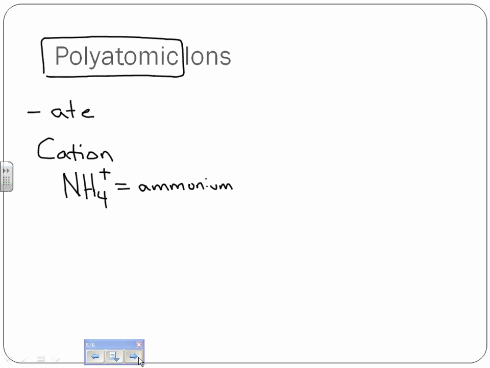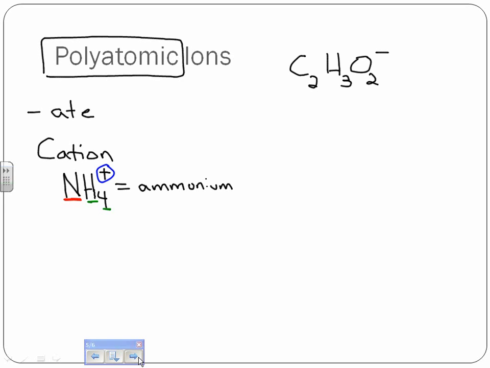So you can see what I mean by a polyatomic ion here. It's more than one atom. It's nitrogen and 4 hydrogens combined together, and they have a charge of plus 1. So it's more than one atom with a charge. That's a polyatomic ion. Some of the other ones that you definitely need to know are things like acetate,